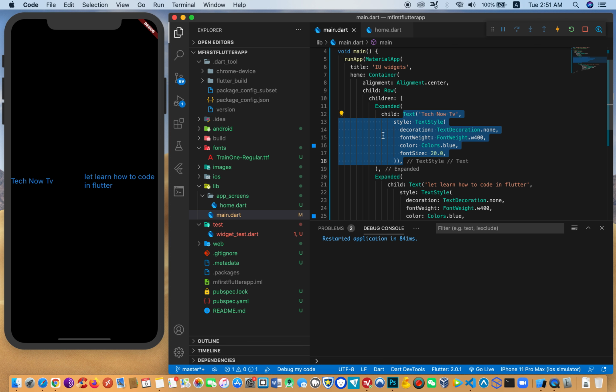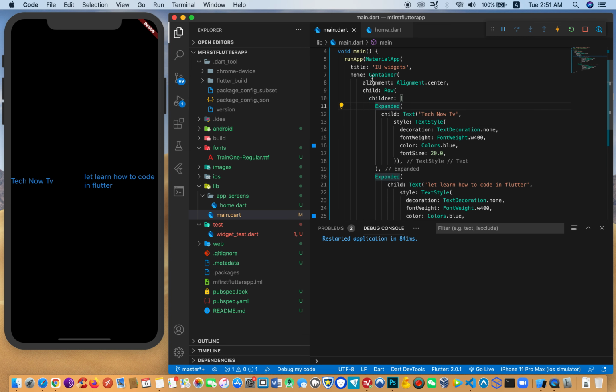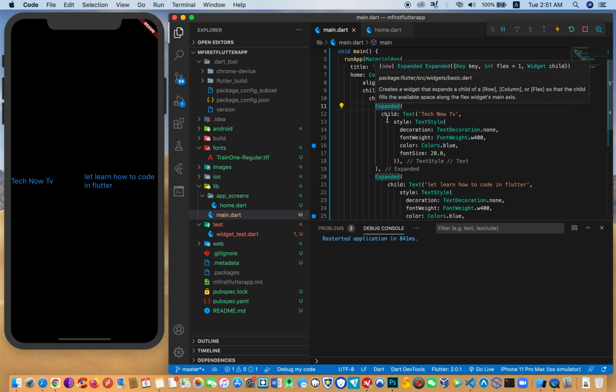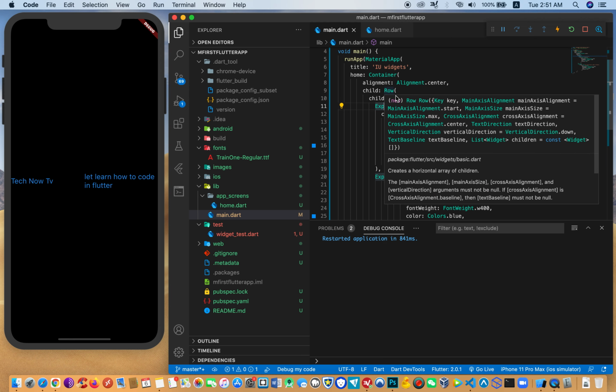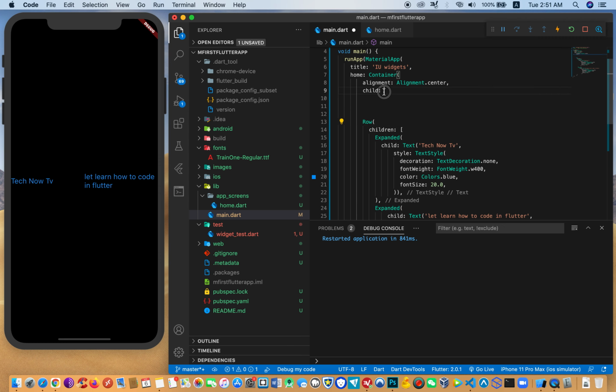To add a row it's pretty much simple. If you have to add a column, sorry, it's pretty much simple. Since we already have the row, we need to only wrap the column around the row. So how are we gonna do that? So you see,